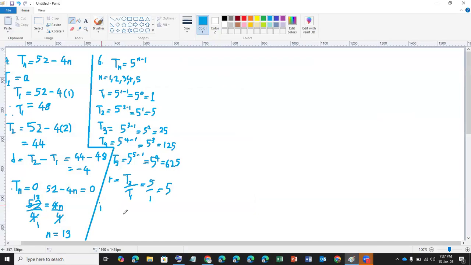Sn equals A bracket, this bracket guy's on the pen smaller than 1. So A. Okay, and our A is 1, isn't it? Yes. A bracket 1 minus R, bracket the common ratio raised to the power of n. Is it 1 minus or minus? In this case, it's A, so don't forget, brackets. Whenever the R is bigger than 1,